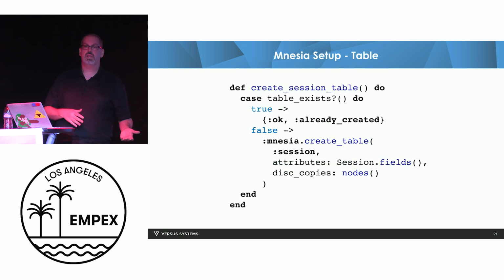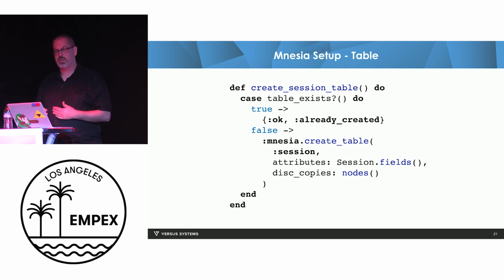With a schema in place, now you can create a table. So we just are going to have the one table for this example. Again, we have a little protection. If the table exists, we don't want to try and create the table all over again. If it doesn't exist, then we'll use the create table function that Amnesia gives you, and we'll create a table